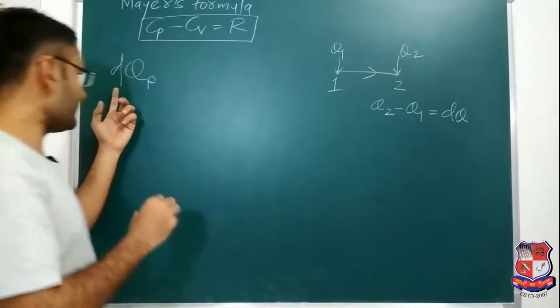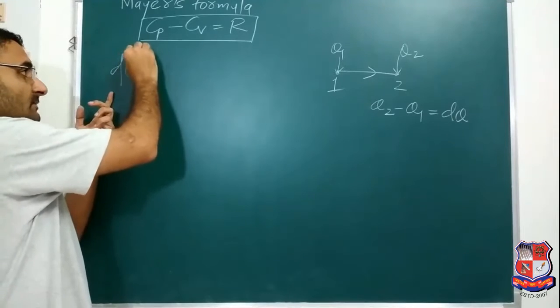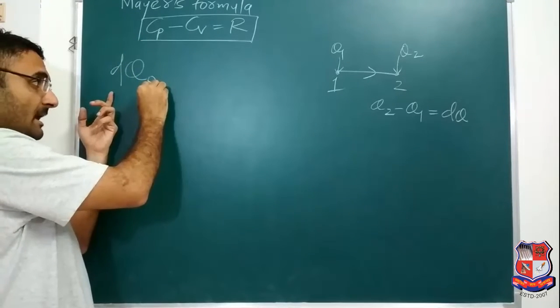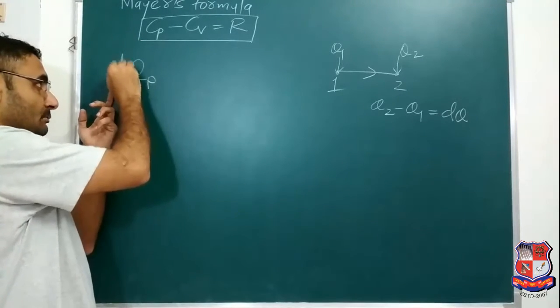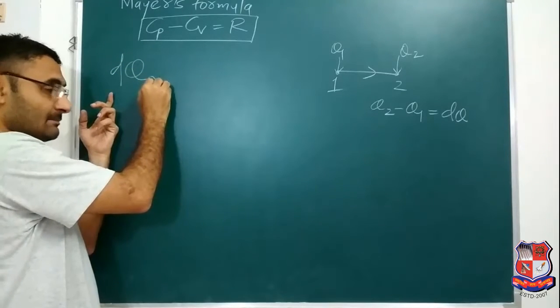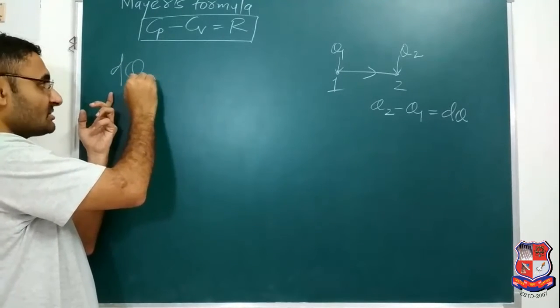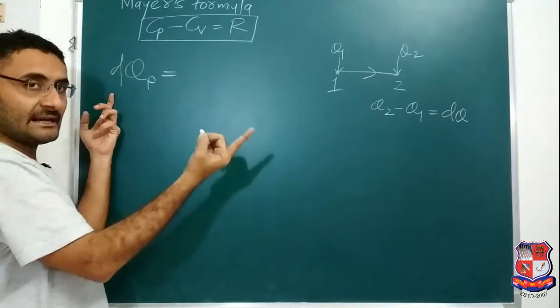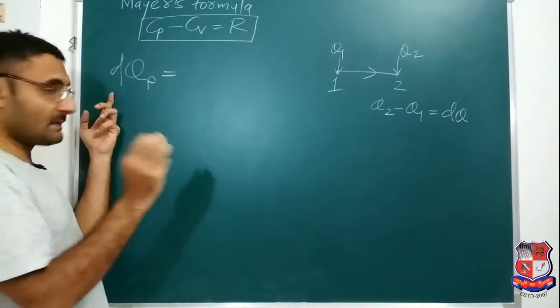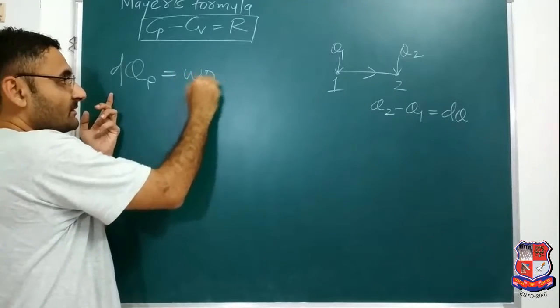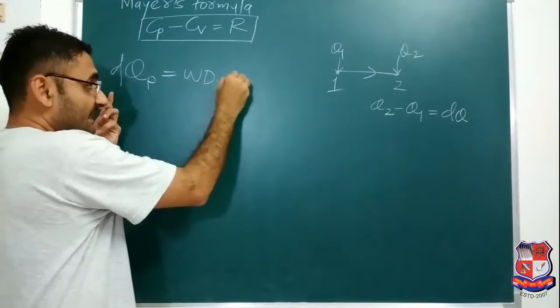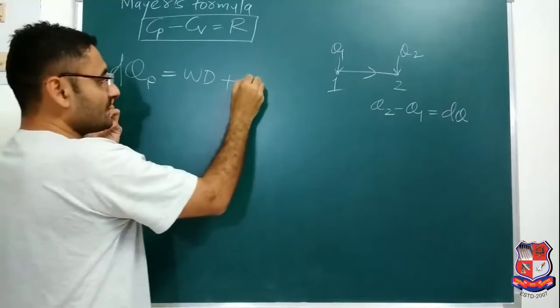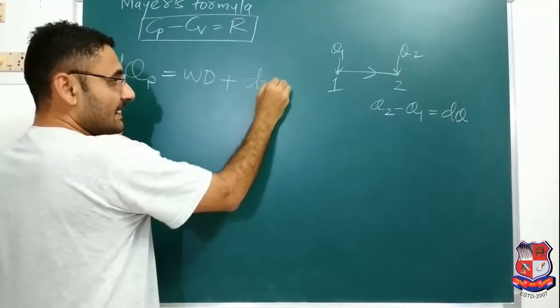So that is why we say the heat supplied in a constant pressure process, where P is constant, is utilized for 2 purposes. The first purpose is that you get work done. The next purpose is change in internal energy, which is denoted by U.